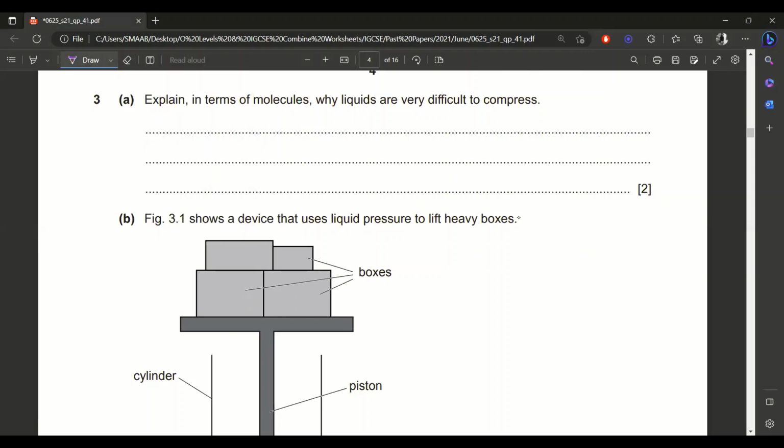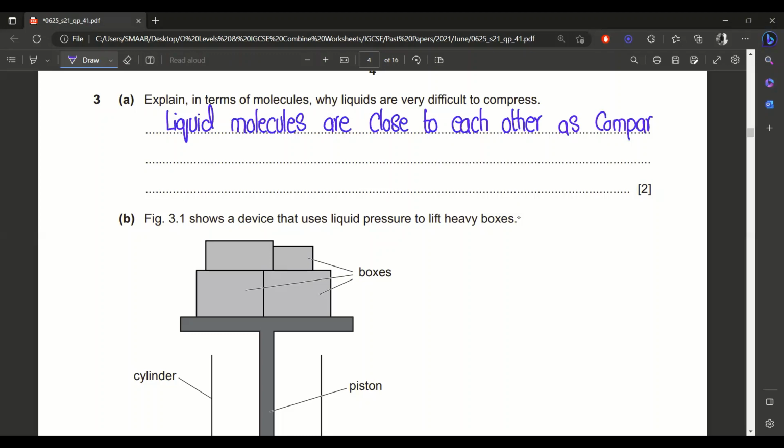So liquid molecules are close to each other as compared to gas. And one more thing, in most of the past papers, if you notice, this question